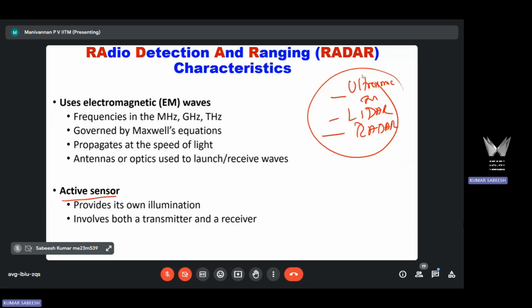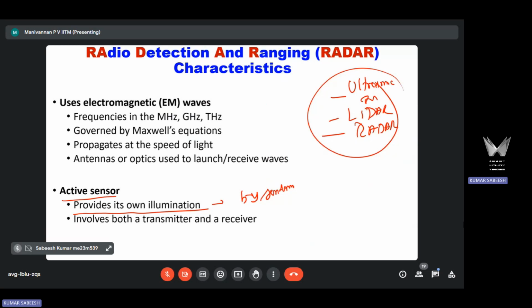These three sensors are called active: ultrasonic, LiDAR, radar. These three sensors are used in autonomous vehicles for detecting objects, lane markings, all those things. These sensors are called active sensors. An active sensor will illuminate the surroundings or object by sending